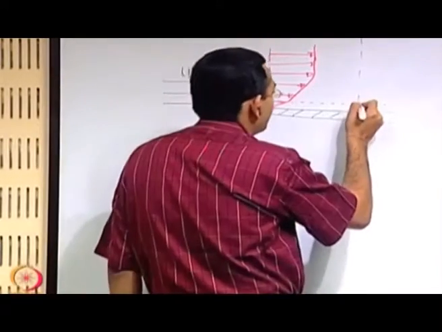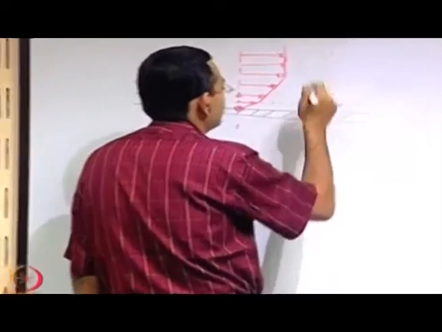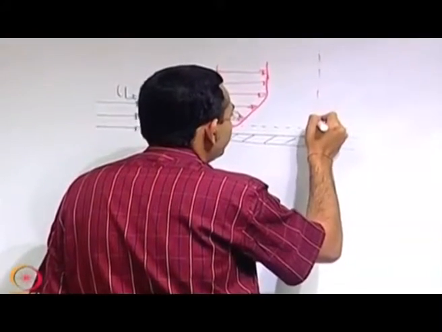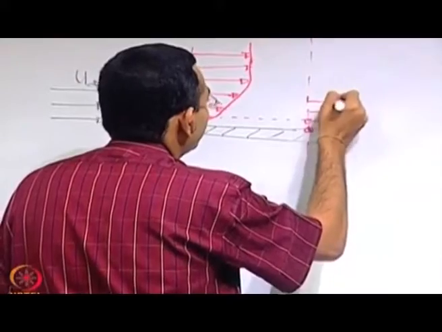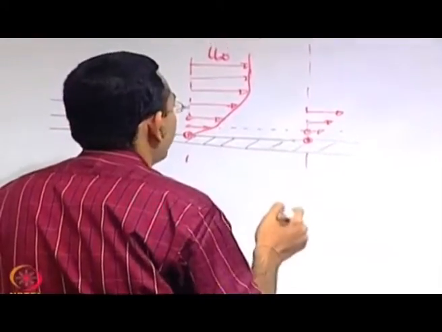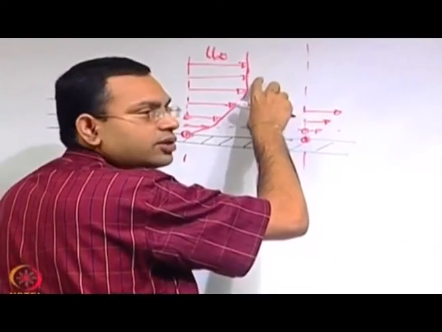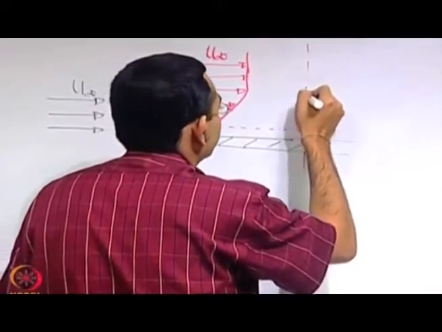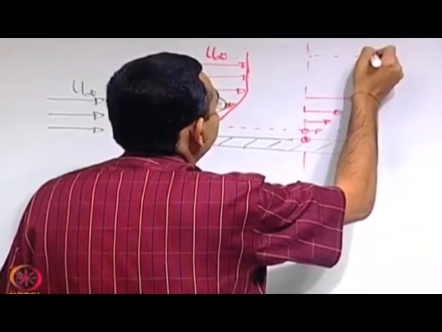So the effect of slowing down by the plate is more and more severe. So you have velocities which are less at a given vertical section location. In this way, here also the u infinity condition will be reached, but the distance over which it will be reached will be somewhat more than the distance over which it was reached in the previous section. Let us say somewhere here the u infinity condition is reached.